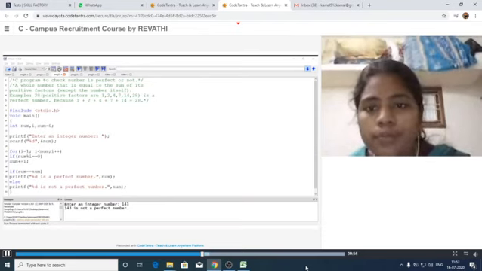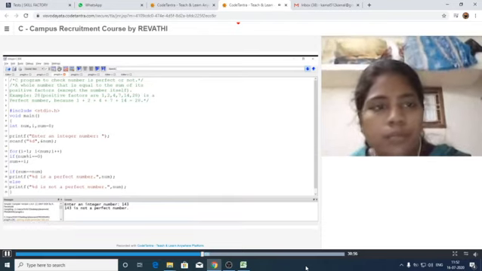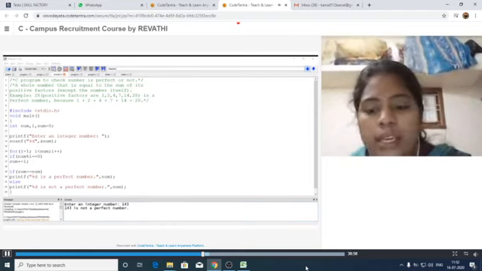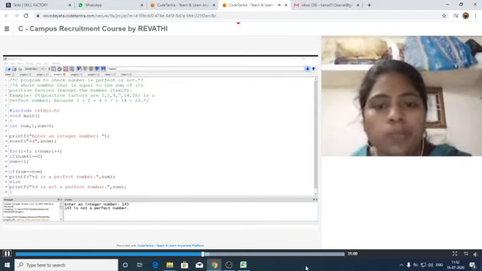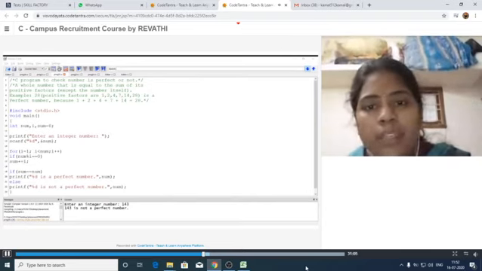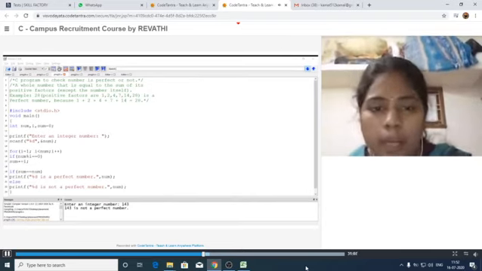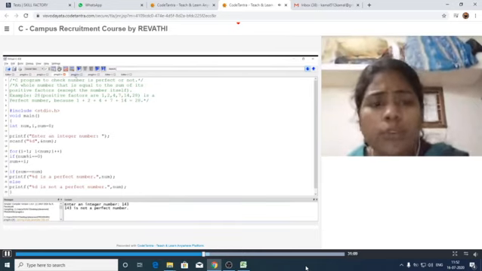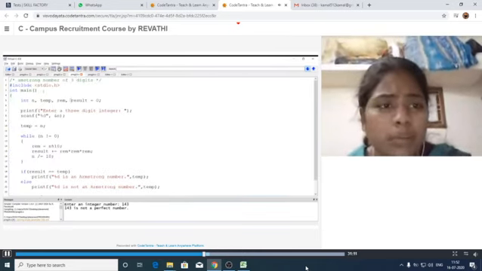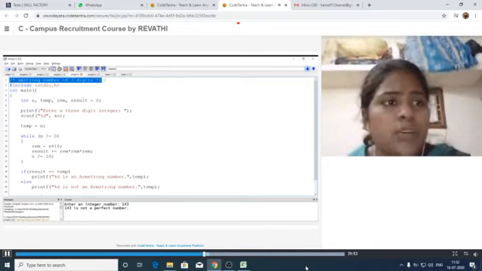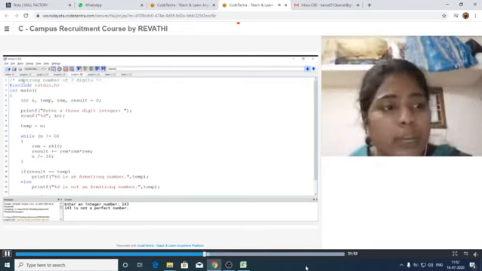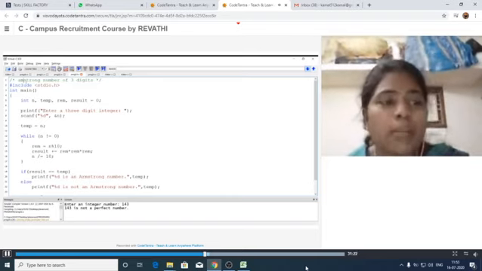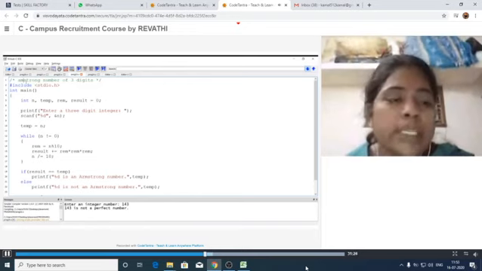Next, let us see the next program. Write a program to check whether the given number is Armstrong number or not. First of all, let us see what is meant by Armstrong number. Check whether the given number is Armstrong number or not. Armstrong number means the sum of cubes of its digits is equal to the